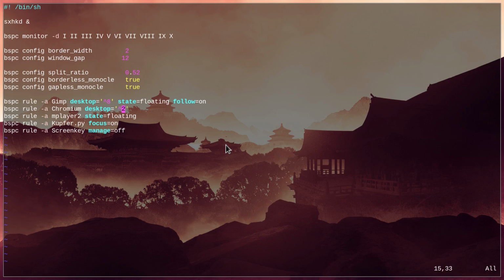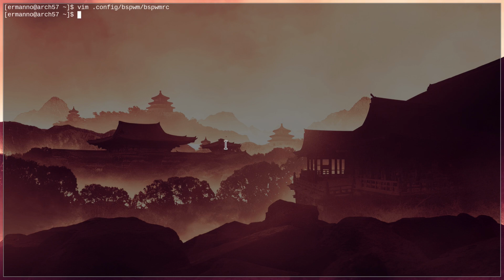So I want to do it here after the Chromium. So I'll open up a new line here and I'll type in bspc rule -a. Now the class name we saw before is Spotify, and then desktop equal, single quote, caret sign to define the desktop. Let's say I want to put it on desktop number 3, and then we close the single quote to close the function. And then we can save the file and exit Vim,